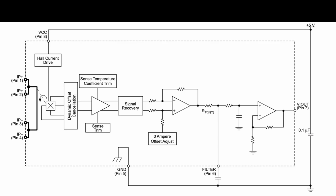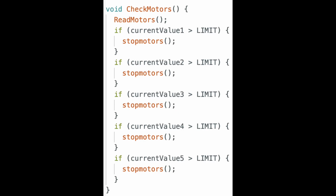stop the motors. The way this current sensor works is it's a Hall effect based sensor, so it can measure both AC and DC current. Since it's Hall effect, it means that current flow through a conductor generates a magnetic field proportional to the current. As the ACS 712 Hall effect sensor detects this magnetic field, it converts it into voltage, then outputs that measured voltage to the AT Mega, which determines what to do with this data. In the code, I've set it so that if this voltage is over a certain limit, it will automatically stop